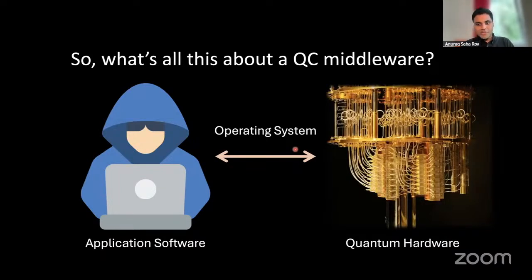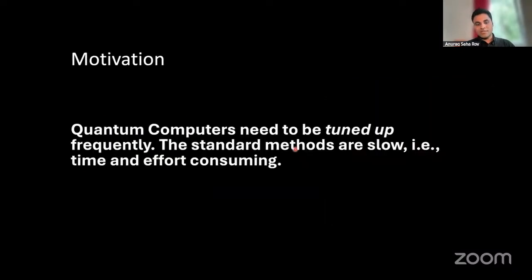So there is some hardware. So there is some chip. It could be a chip from Apple. It could be a chip from Intel. It could be a chip from Qualcomm. And then you have, I don't know, Photoshop, or you have some games, or you have Microsoft Word. So that's the application software, and that's the chip. And in between, you have this layer of an operating system, which takes care of a variety of things that are necessary for running these applications on the computer. You need the same thing for a quantum computer. And that's what this does. So this is, let's say, a classical analogy to motivate this.